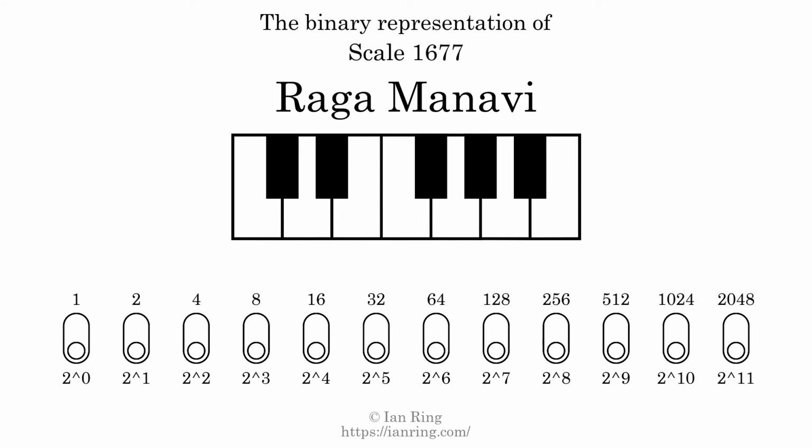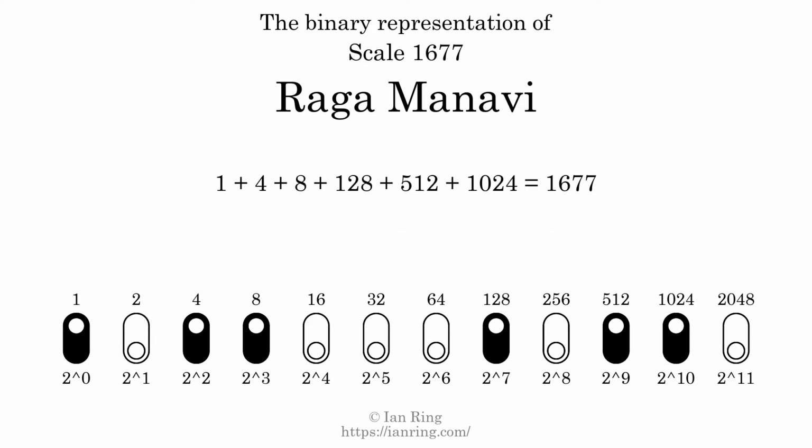The binary representation of this scale is determined by mapping tones of the scale to binary digits. Each binary digit represents a power of 2. To get the scale number, we add the powers of 2 together. The powers of 2 that are present in the scale, all added together, equals 1677. That is why the scale number, in decimal, is